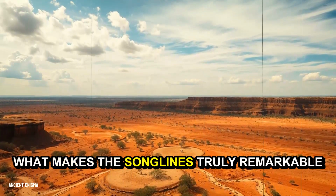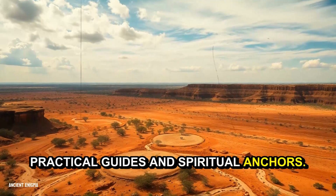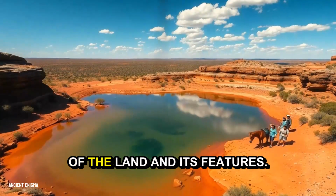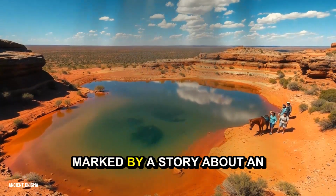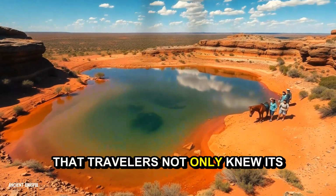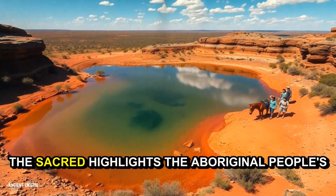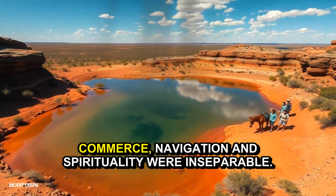What makes the songlines truly remarkable is their dual role as both practical guides and spiritual anchors. Each marker along the route was imbued with meaning, often tied to dreamtime stories that explained the origins of the land and its features. For example, a waterhole might be marked by a story about an ancestral being who created it, ensuring that travelers not only knew its location but also its cultural significance. This blending of the practical and the sacred highlights the Aboriginal people's holistic understanding of their environment, where commerce, navigation,